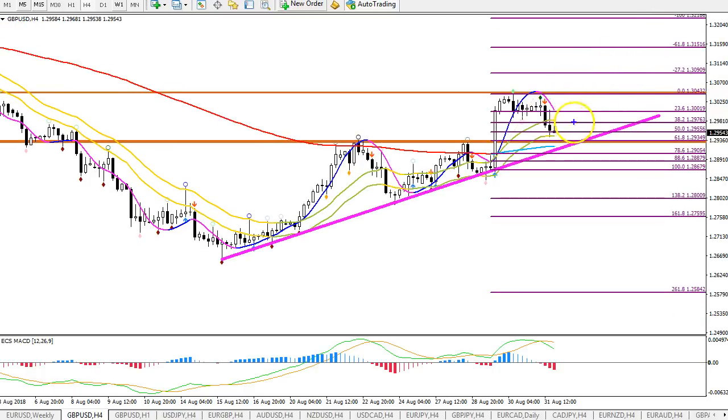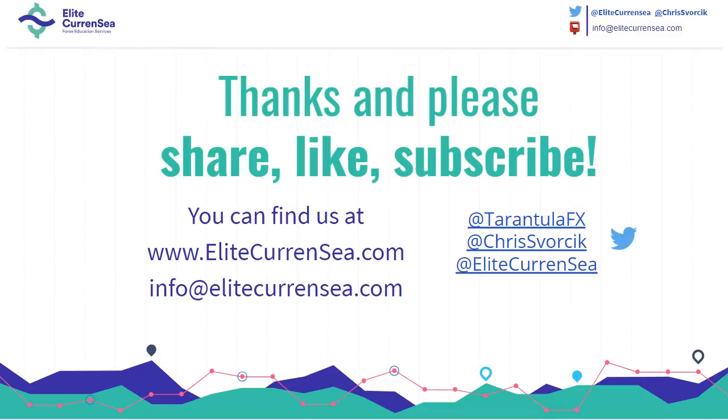So in that case, it's best to trade on lower time frames, 1 hour, intraday, 15, maybe 4-hour chart, but not more, because ultimately the trend is down on those higher time frames. But if it does break to the upside, on lower time frames there could be movements between these fib targets to the upside. All right, and in that case, we'll be looking for flags on lower time frames and breakouts, and using our ECS tools